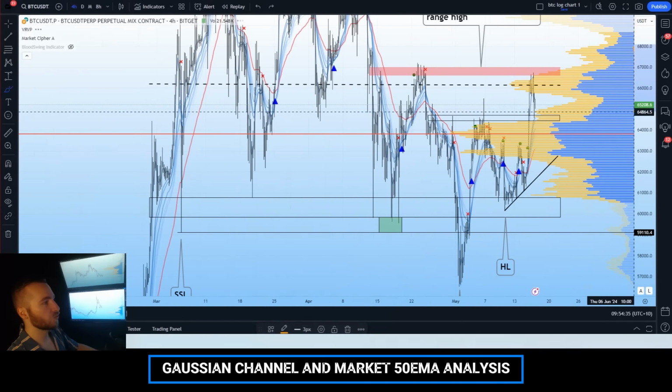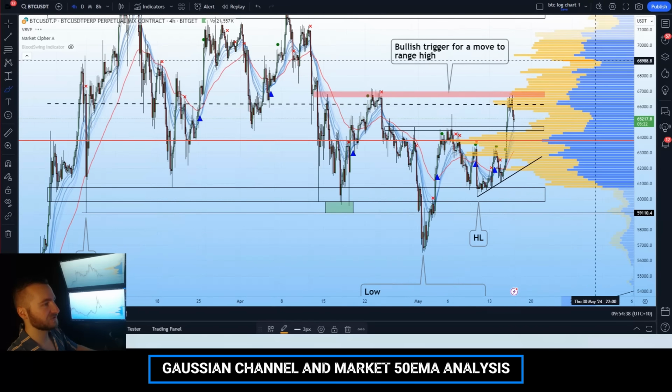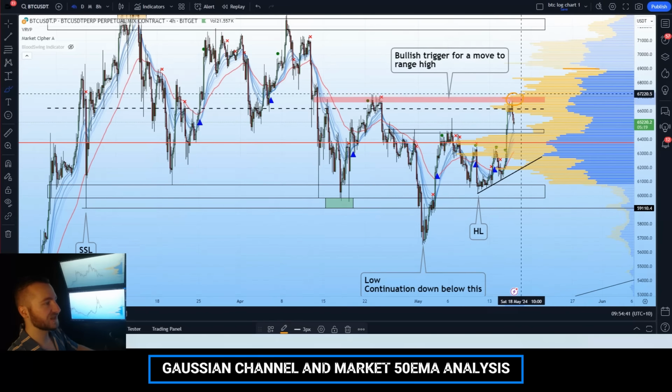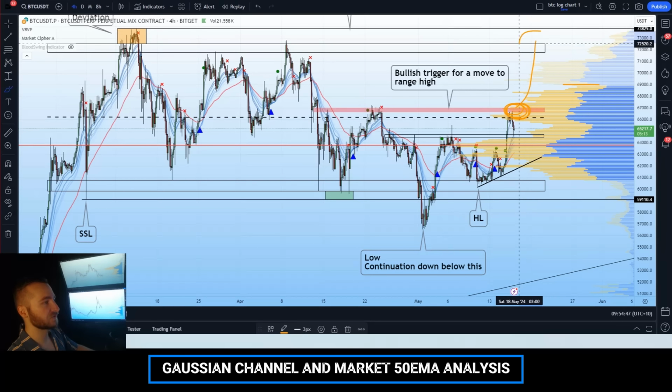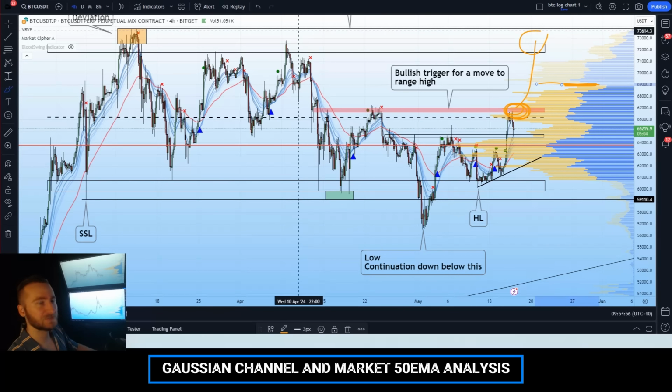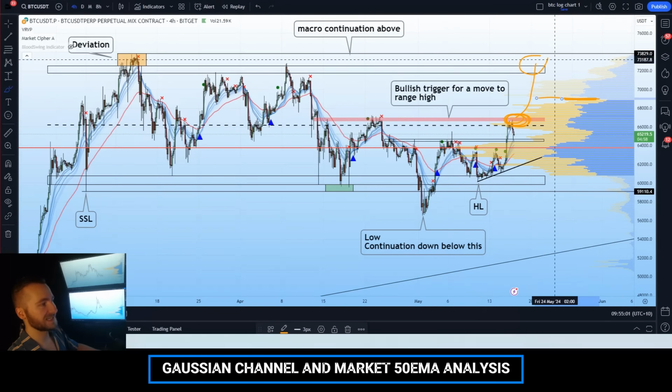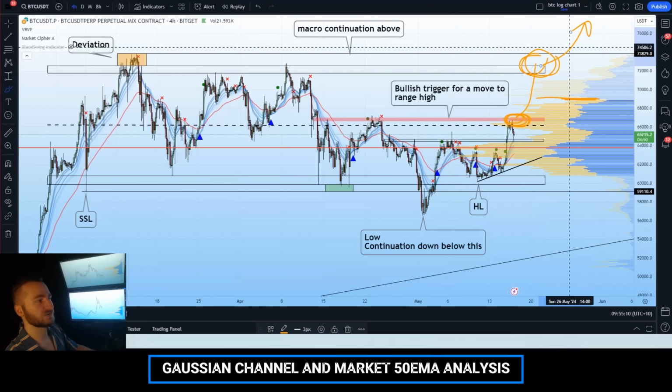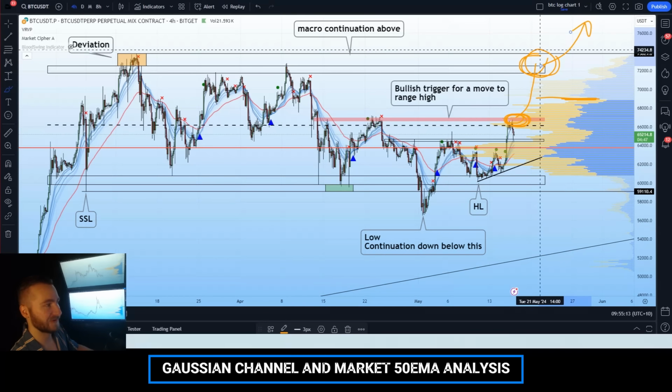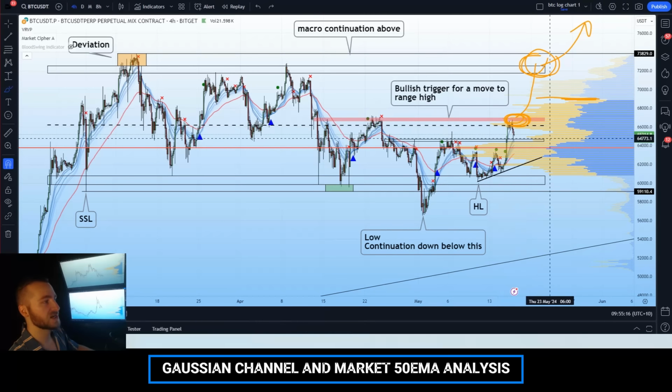If we look in the short term, where that high point is, it is at 69,000. As we know, if we break above 67,000, as we've been discussing, we'll discuss in today's video again, that is the trigger for a continuation into the range high, which would, as a consequence, break over the 69K region, which would trigger that monthly break of the prior 2021 high point for the second time, validating a continuation upwards, retesting the 73 to 74K region from a position of strength in regards to momentum, which increases the likelihood of a macro continuation through, resulting in the initiation of that parabolic phase. Again, we'll discuss what can happen in the short term in a moment, but that is the essence of it